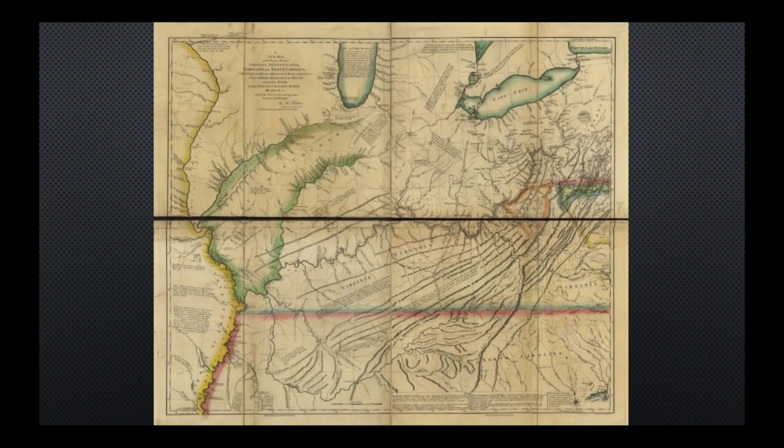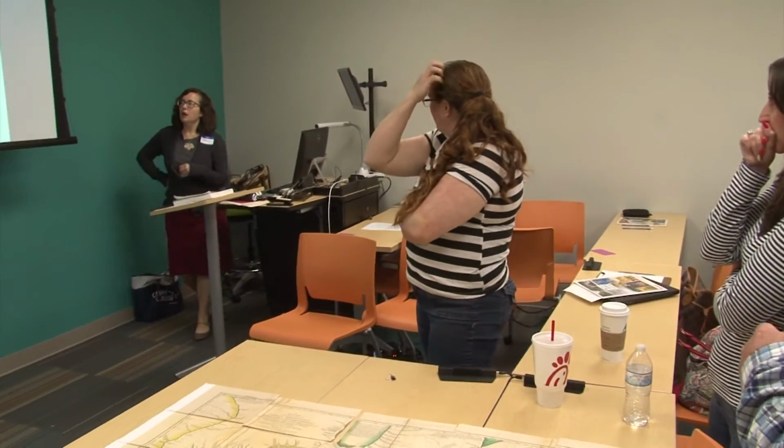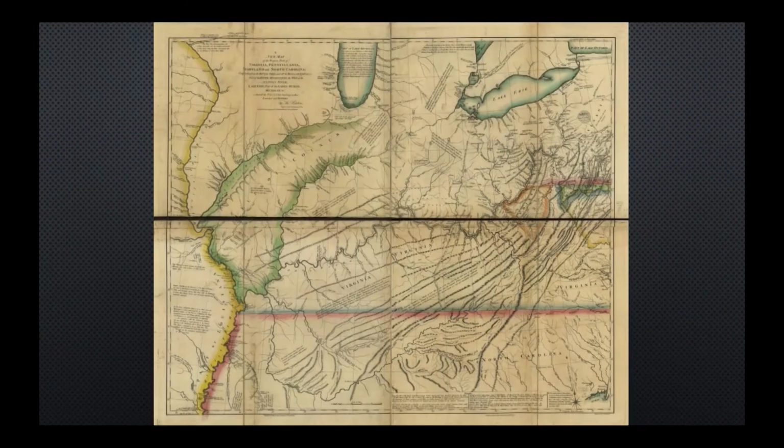Let's all look at the first one of these. When do you think this map would have been created? Do you have an idea? It's got to be obviously pre-revolution, so maybe even into the 1750s or a little earlier. Okay, so what makes you think that this is an early map? Because Virginia is claiming half of the South. Okay, all right, because where is Tennessee? That's not on the map. Right, the name Tennessee is not on the map.